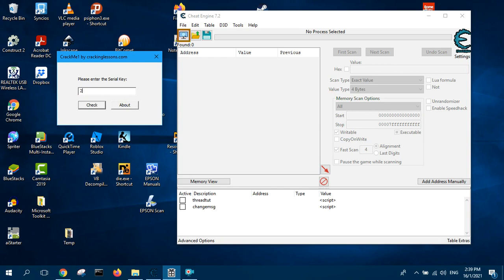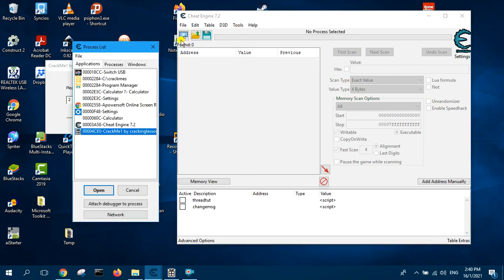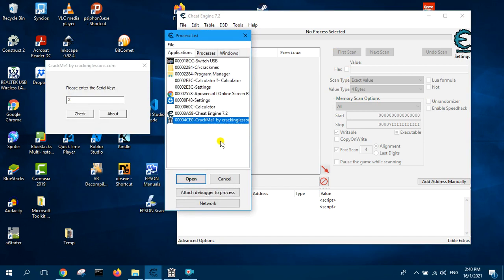every 1 second. So to create a thread, first you must find out the address of this location where the number is written, and then we must trace the instruction that accesses this address. But more importantly is the address itself. So let's get started. So we will attach Cheat Engine to Crack Me 1,